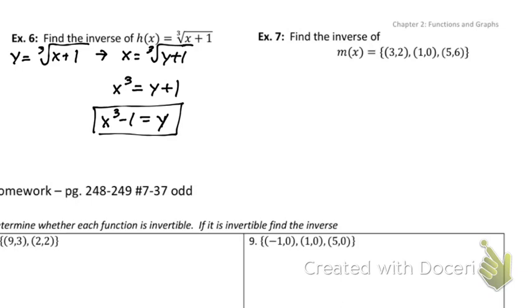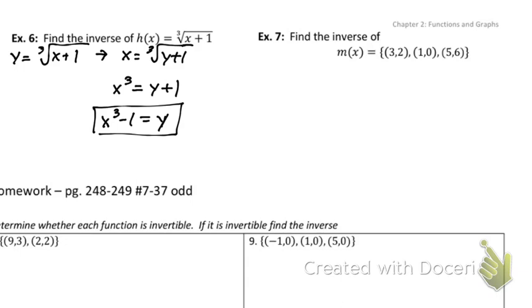All right, the last one says find the inverse. Oh, no. Why do you do that? Yeah. Did you just say y equals and then the rest of it? No, we'll stick with mx equals. That's fine. We can change it to an inverse in just a second, but